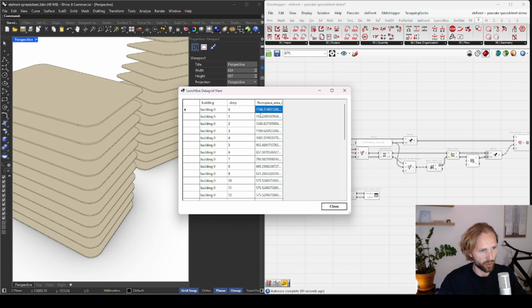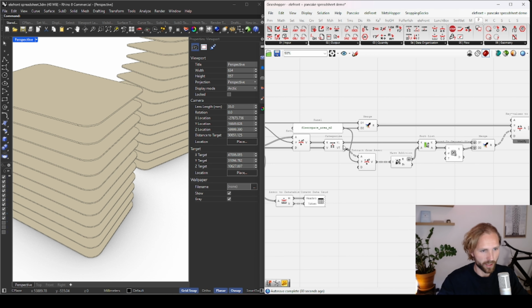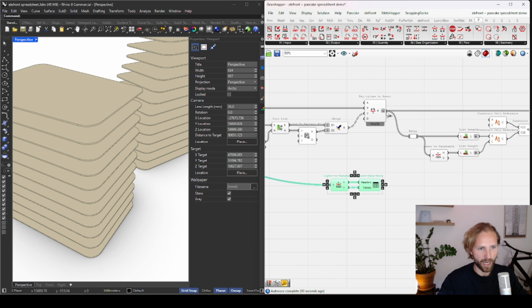And then we would want to create the sum of the entire floor space area. So that's why we use the categorize component here. That basically allows us to create a branch for each value of the key story. So at the end, we will have our updated